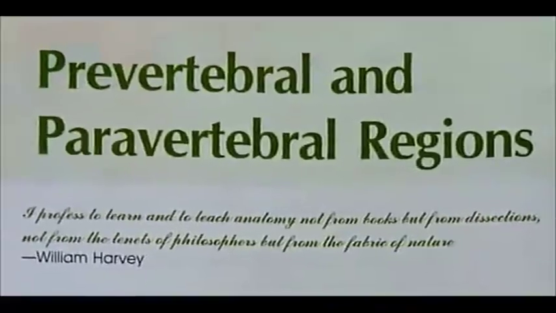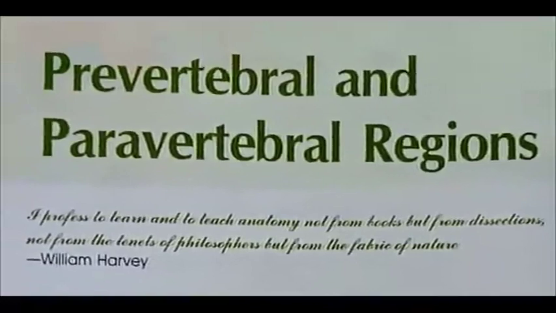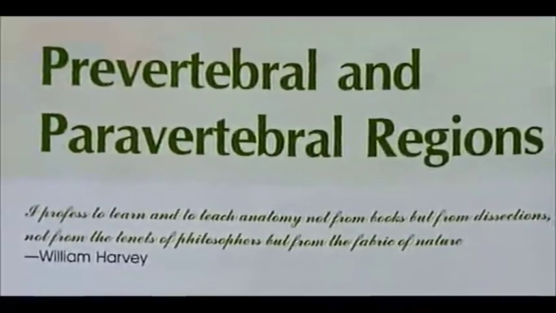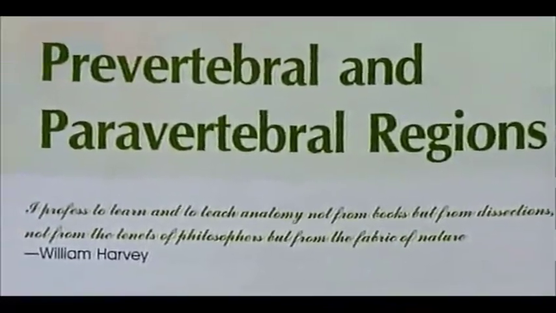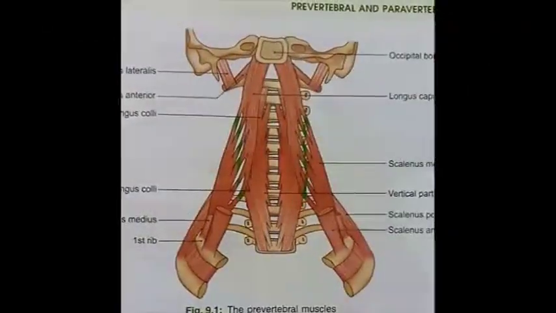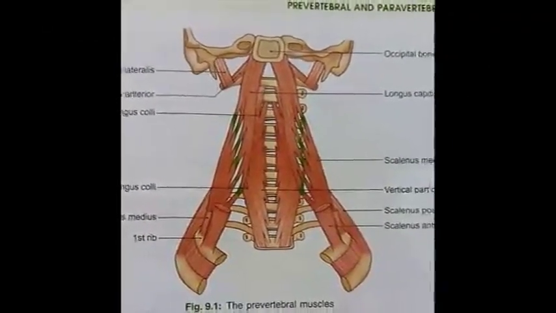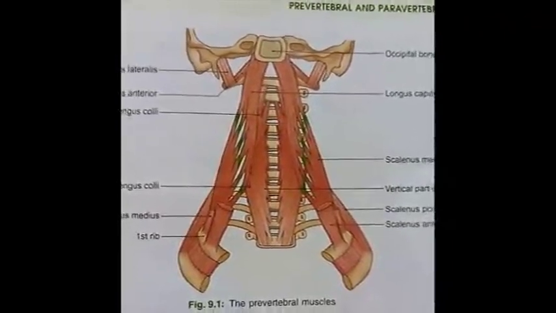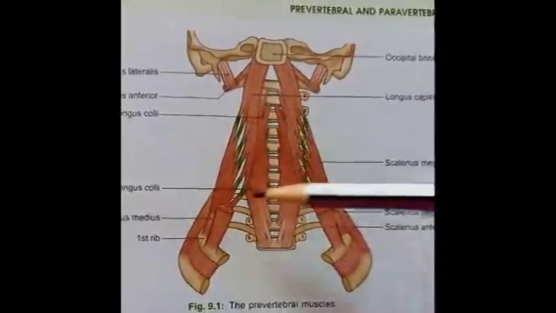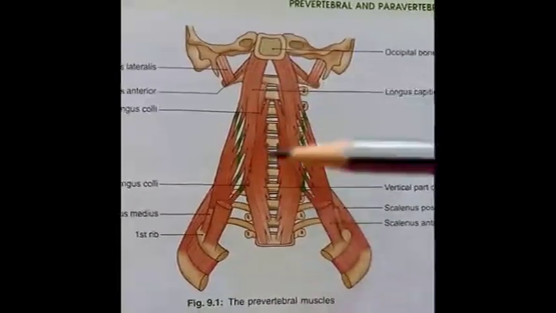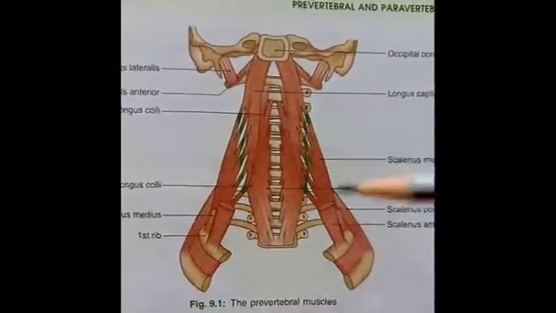Hello students, let us come to the next and last chapter, prevertebral and paravertebral regions. Prevertebral region means the area in front of the vertebral column. So prevertebral region contains prevertebral muscles, which are 4 in number, vertebral artery which passes through the